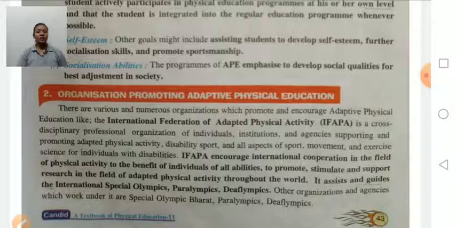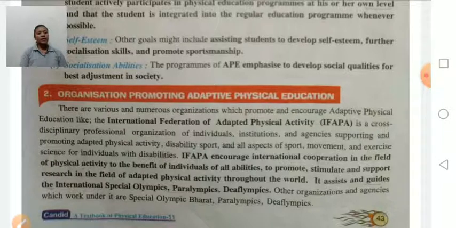It is a cross-disciplinary professional organization of individuals, institutions and agencies supporting and promoting adapted physical activity, disability sports and all aspects of sports, movement and exercise for individuals with disability.